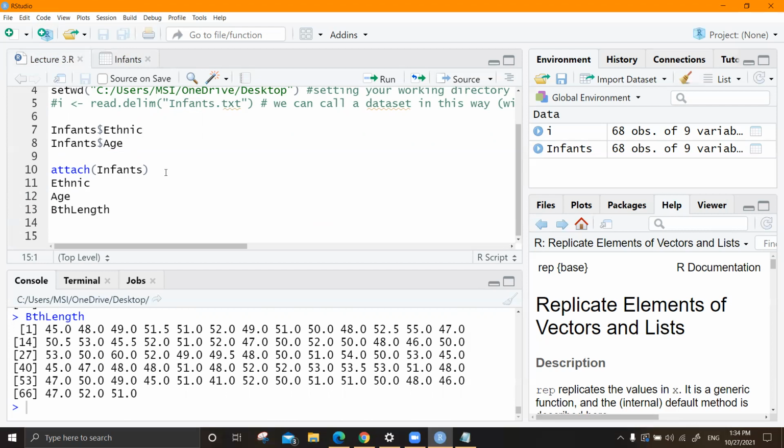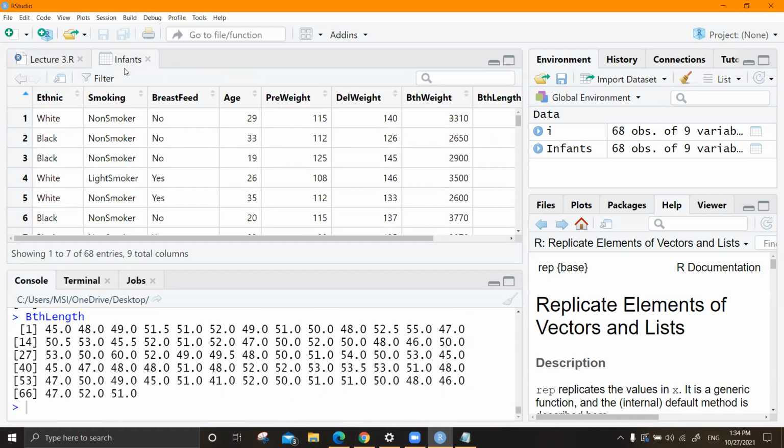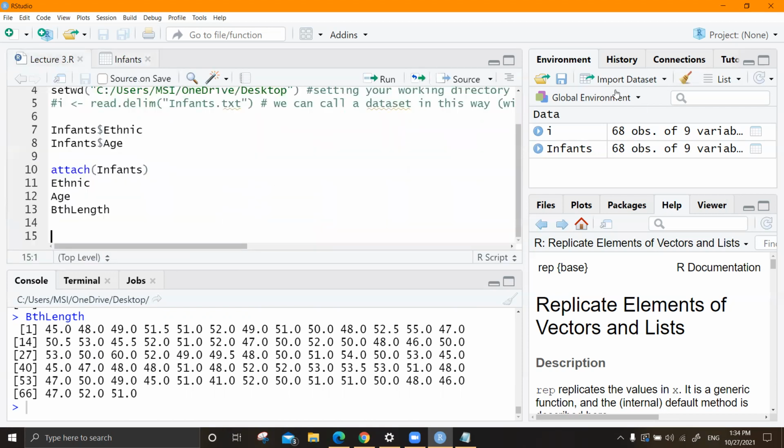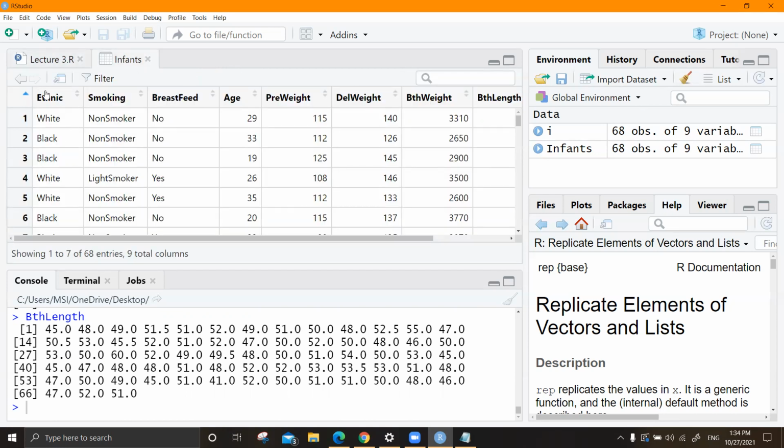Then it is going to be a mess. Sometimes the system would corrupt, or when you attach the next data frame, they would give errors. Sometimes they will take the first data set, sometimes the second data set. So there could be messes.